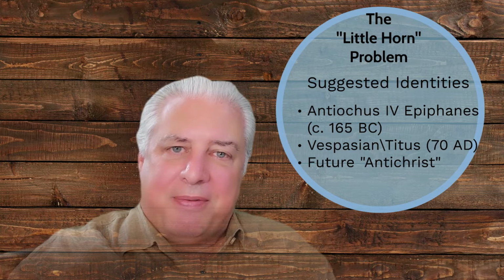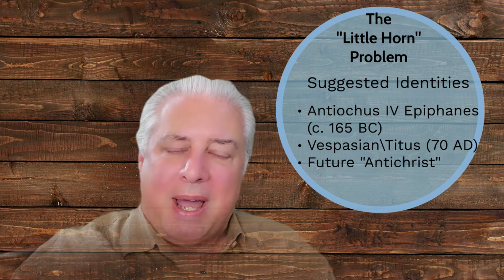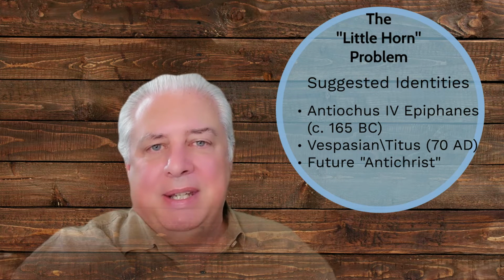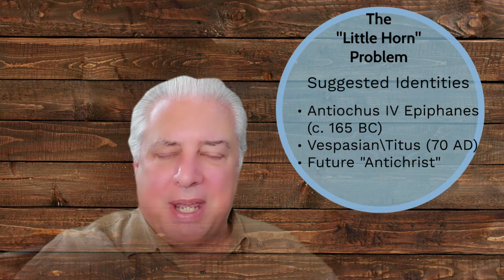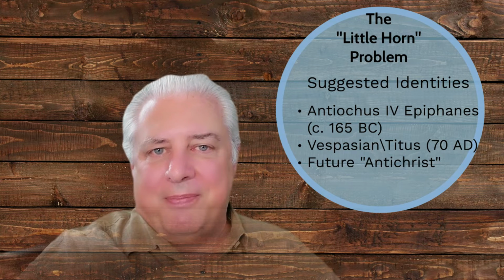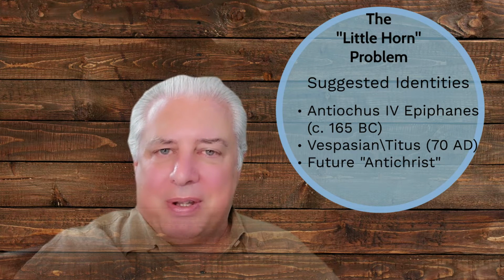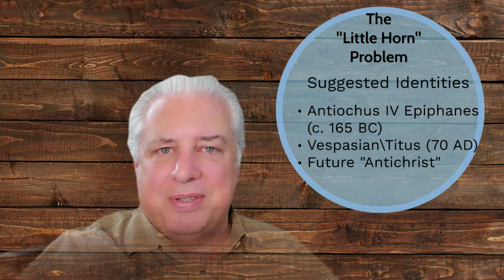And those who identify this little horn as a future Antichrist agree on one level that Rome is represented in these images, but they also insist that that last kingdom, the kingdom of that little horn, is still a kingdom out there in the future that has yet to reveal itself. These at least are the primary interpretations that drive all these other interpretations.